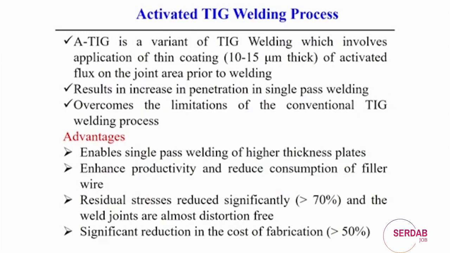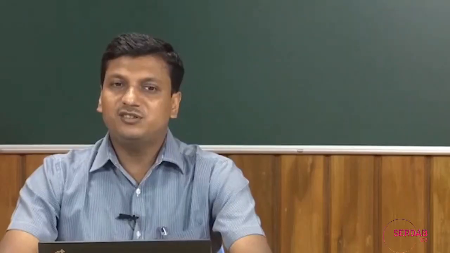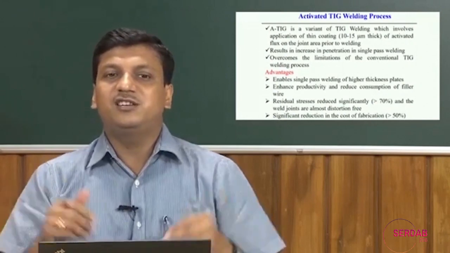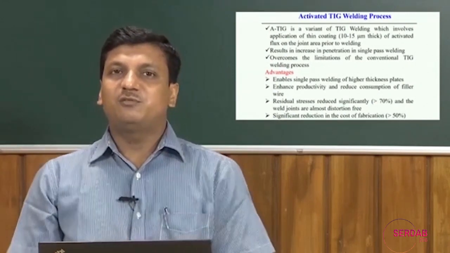That is one significant advantage of this process, and of course, it enhances productivity and reduces the consumption of filler material. In this case, residual stress can be reduced significantly, by more than 70%, and the weld joints are almost distortion free. Distortion can be avoided using this activated TIG welding process, and of course, there is a significant reduction in the cost of fabrication,